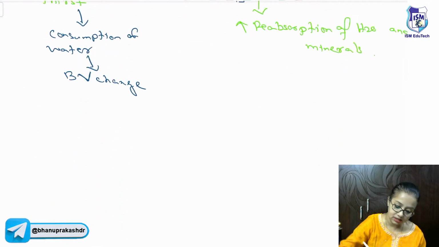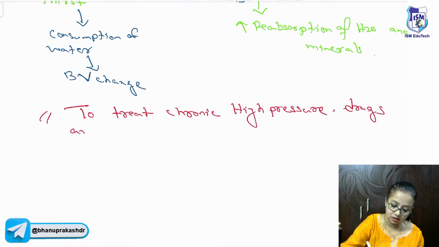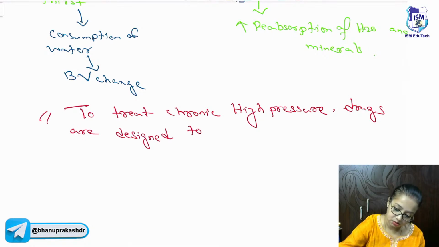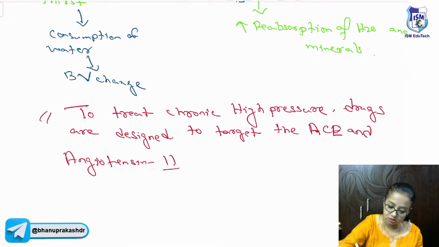Now, to treat chronic high pressure, drugs are designed to target the angiotensin converting enzyme and angiotensin 2